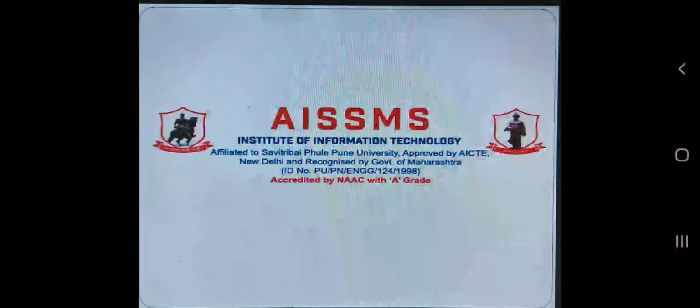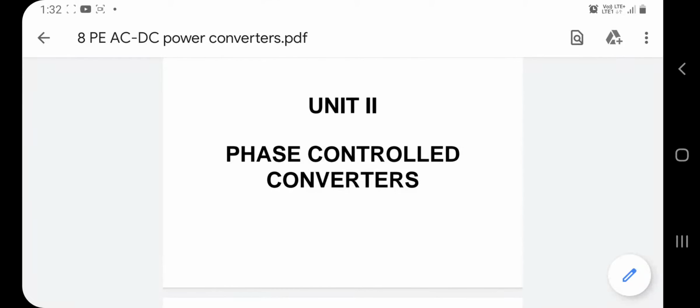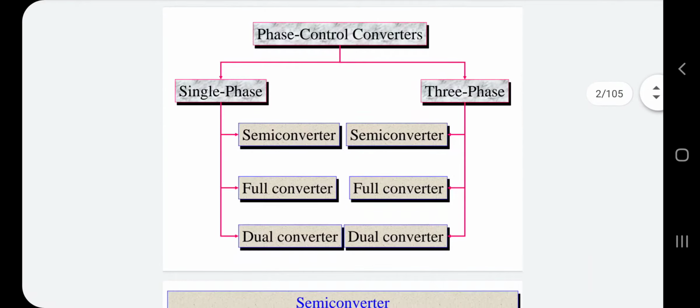Power electronics. We will cover the topic of phase controlled converters. Phase controlled converters. So under this, as we know, phase controlled converters are used in power electronics applications, and